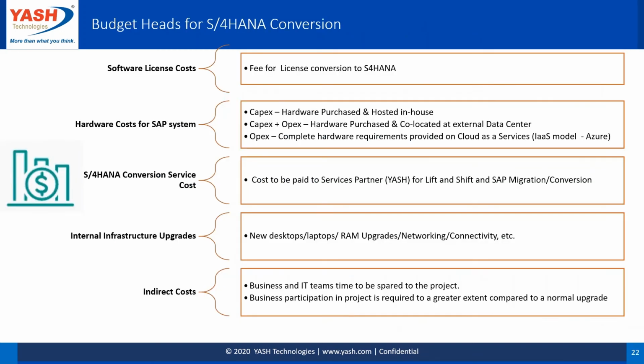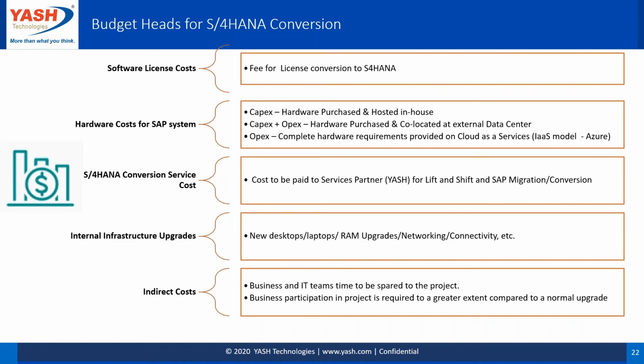So yes, we spoke about preparing the road. Definitely, if you're preparing a business case, you need to see what budget heads, what would be my budget. So we're not talking about the actual cost, but what would be those cost line items. So one is definitely your software license costs, which would be your existing SAP licenses to be converted to S4HANA. Or of course, if you're a NetNew, you need to purchase S4HANA licenses.